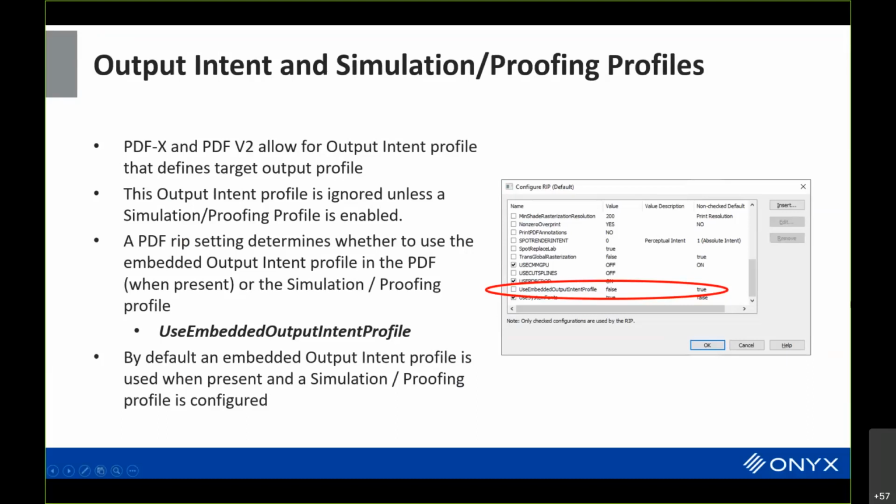Now, there is a setting inside the configure IPS, which is use embedded output intent, which is set up to say use the embedded output intent profile for proofing. If you don't turn on the simulation profile, the output intent profile is completely ignored. If you turn on the simulation profile and this particular setting is not checked, then the output intent profile is selected. If this setting is checked, then the profile that you put into the simulation will be used. So if you have my big gamut,